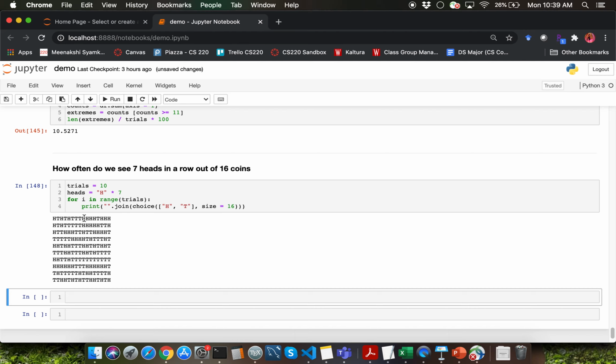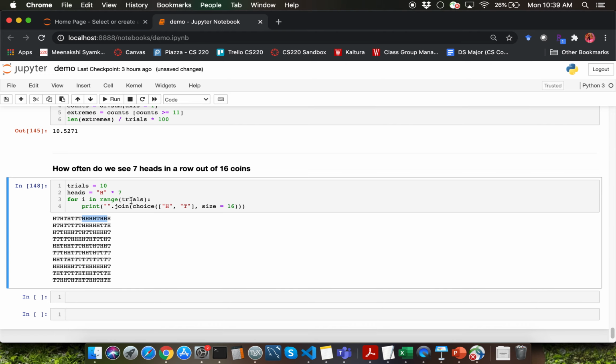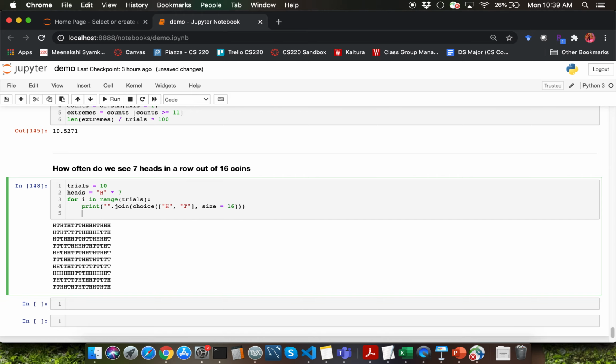What we want to be able to determine is how often can we get 7 heads in a row, correct? So we are going to use the find method call to find if there are 7 heads in a row.